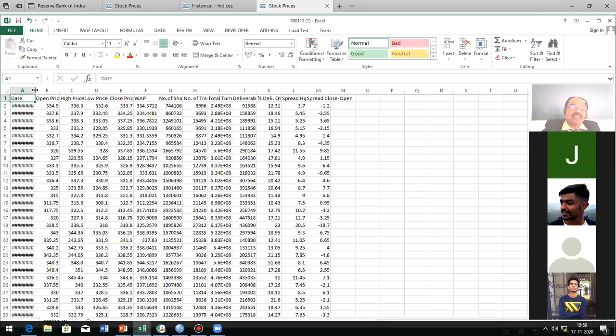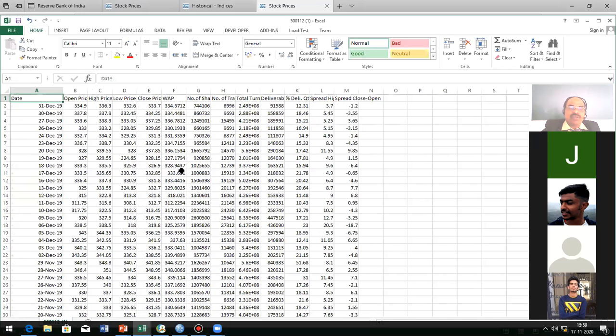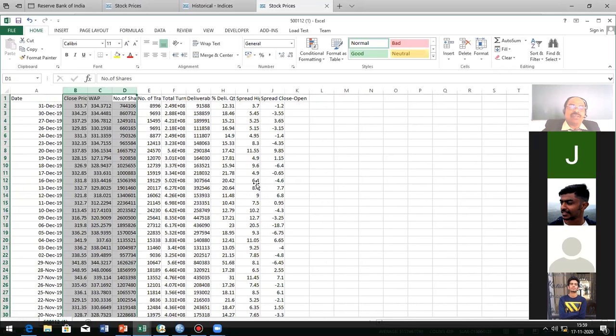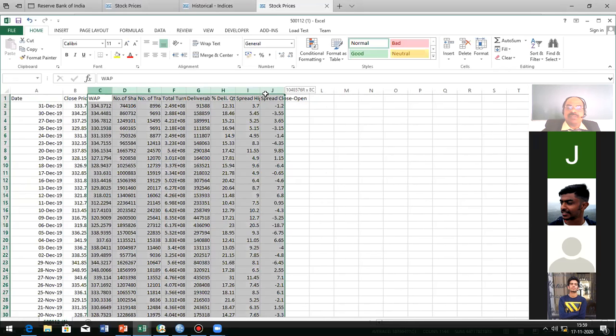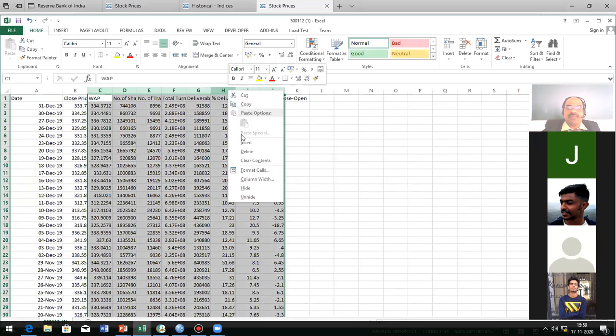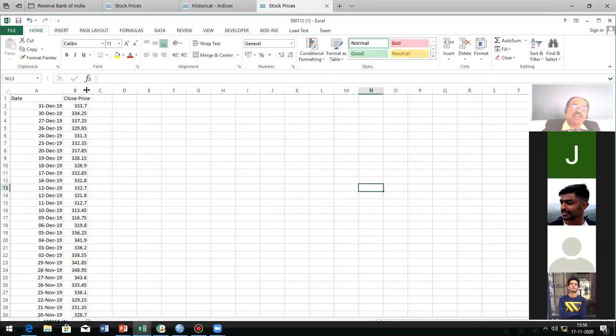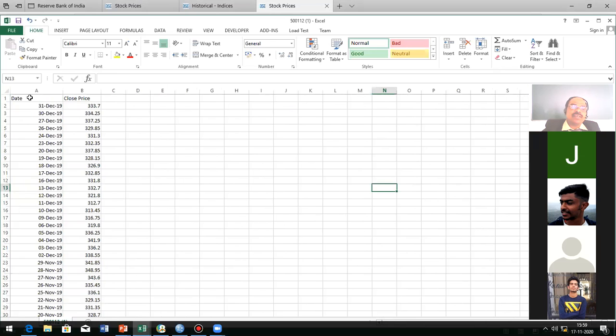You can see the date, whether the date has been delivered. But you can see here once again the same mistake. Here the 31st December is coming. So once again, I have to change. So I'm first deleting unwanted things. We need only the closing price. Delete that one. Okay.